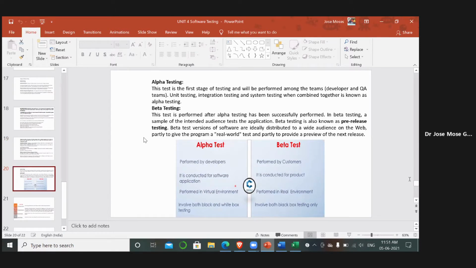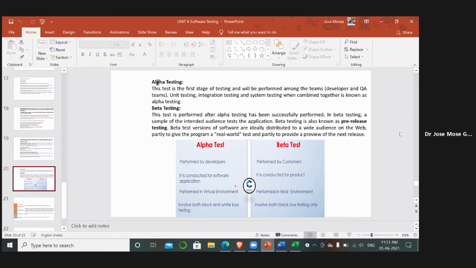Alpha test and beta test are nothing but the final stage, like system testing or acceptance testing. What it means is, once the testing phase is done, the final product will be generated.